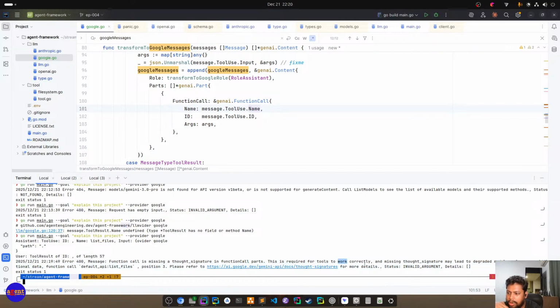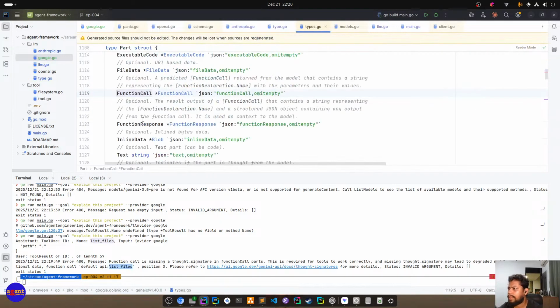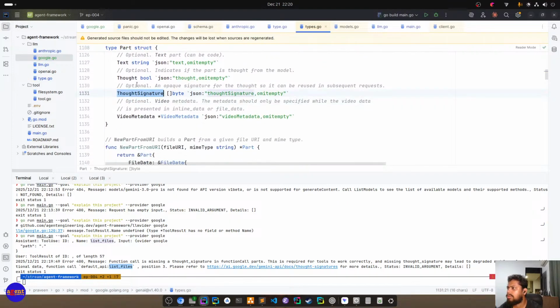This is required for the tool to work correctly. Thought signature may lead to degraded model performance. Thought signature. Why does it require that? But it is optional, right? An opaque signature for thought so that it can be reused in subsequent